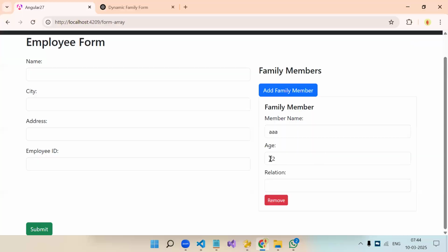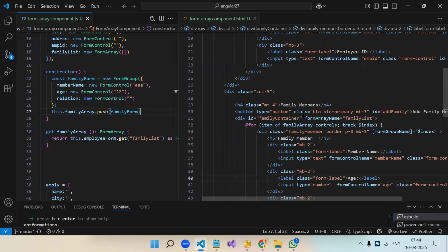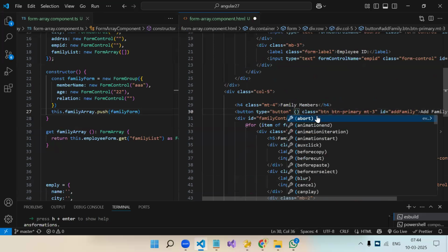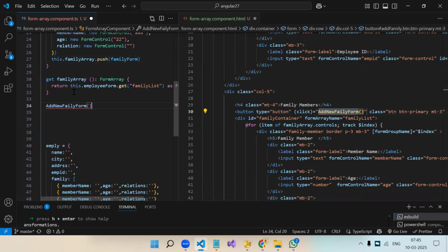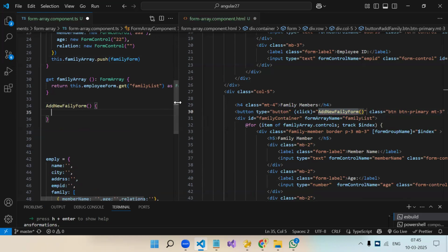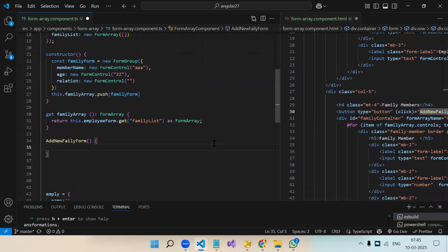Clear? Now, on click of add, we need another function where we will add another form group to our family array so that one more form will be created, right? So for that, let's write a click event, add a new family form. Let's create this function. Now, what do we have to write over here? This dot family array